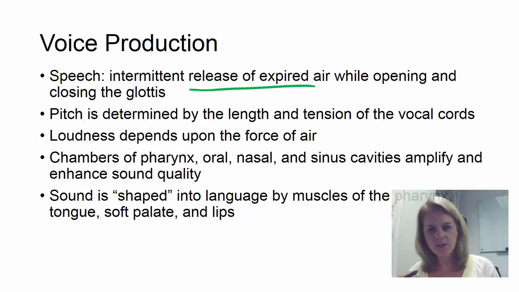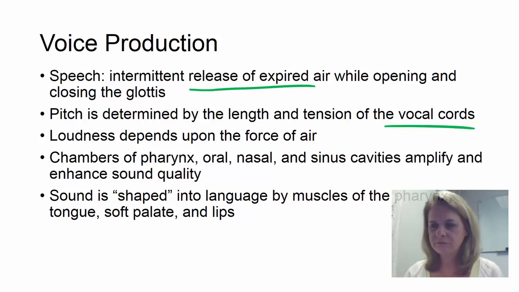To change the pitch is going to be how tight the vocal cords are. So there are ligaments and muscles in there that can cause the vocal cords to tighten, and the tighter they are, the higher the pitch. To be loud, you have to expel a lot of air. So take a deep breath and let more air out. That makes you loud. So big singers take a big breath and then they can belt out a big old sound. Okay. Again, how it sounds depends on your resonance chambers, and so all your cavities, your sinus cavities,